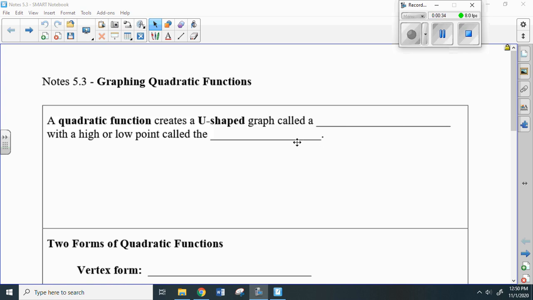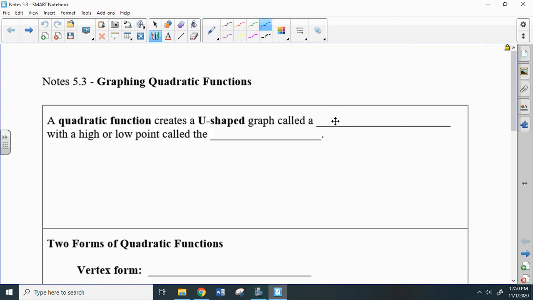All right, so please remember that a quadratic function or quadratic equation has x squared as the highest power. That creates that U-shaped graph that we call a parabola. And remember that means it has a high or low point. That's the vertex. But in this review, we're going to extend that just a little bit and talk about